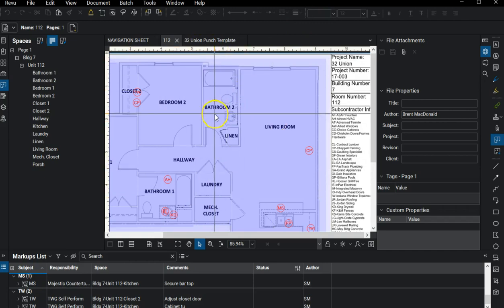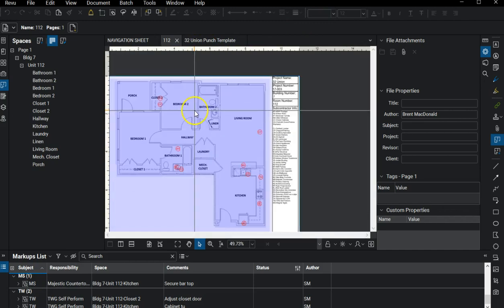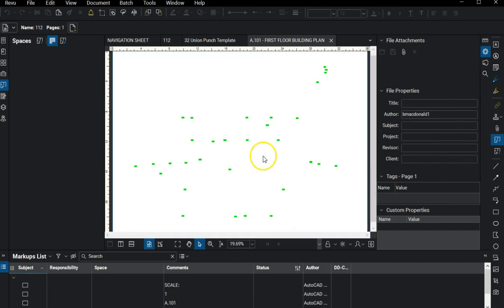But in order to get these unit layouts, you have to go back to your drawings to find which drawing truly represents those individual units best. And this might not be a multifamily project; it might just be an office building. So you might go back to your overall floor plans. For instance, if this is the first floor plan,